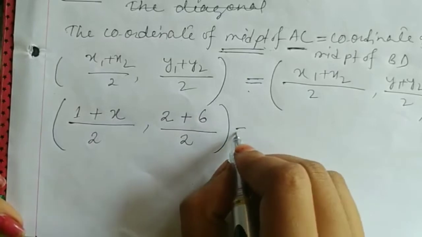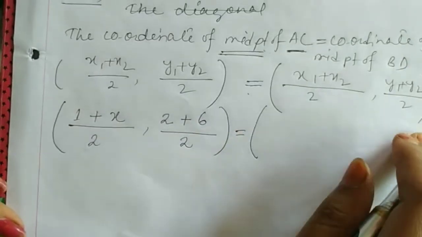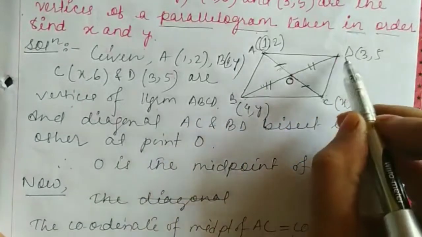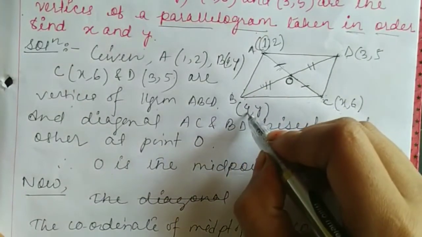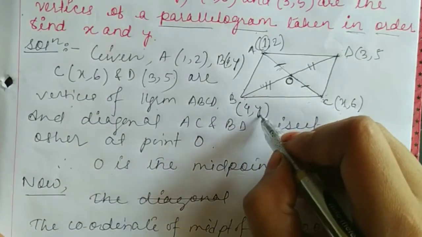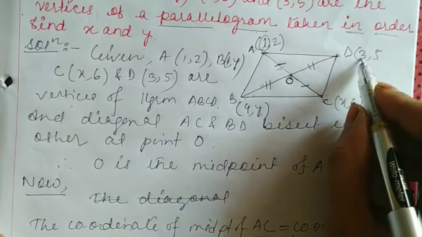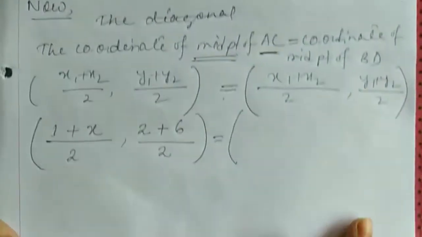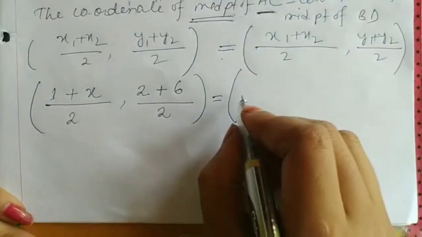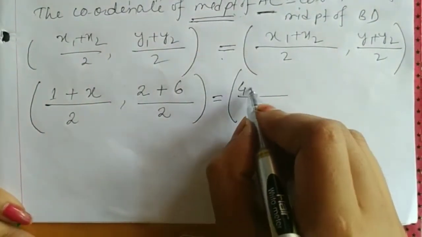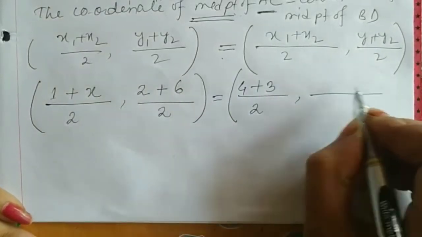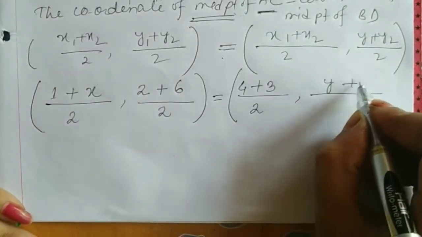Okay, and in case of BD, similarly take B and D. For B, x1 is 4, y1 is y, x2 is 3, y2 is 5. So these values we will now put here. For BD, x1 is 4, x2 is 3, divided by 2, y1 is y, y2 is 5,